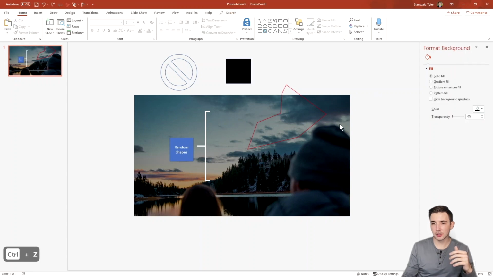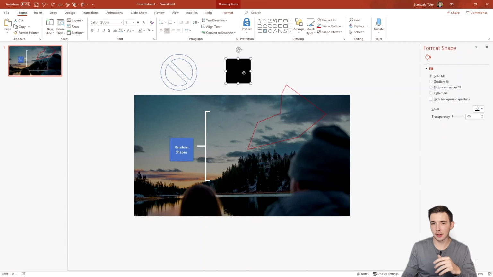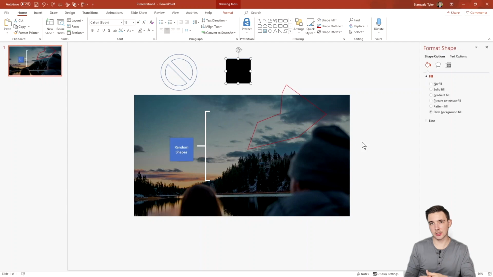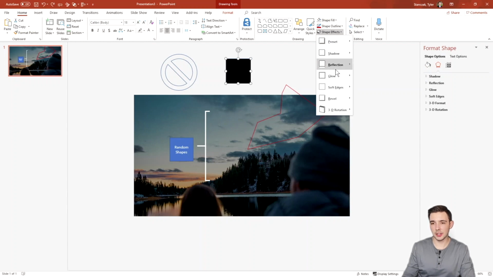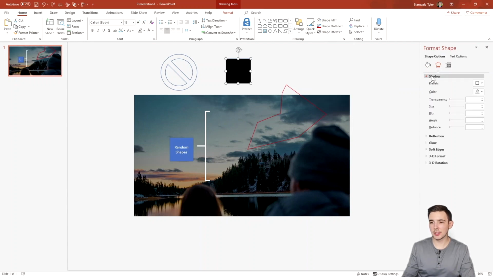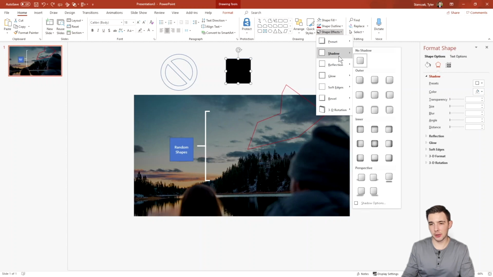So let's say, because right now my background is actually black, when I click on slide background fill, it's going to make this object black as well. You guys can't see it because an image is actually on top of that background color, but I just have the image at a slight transparency, so that's why my image looks a little bit darker. Another thing to note is if I click right here into effects, I'm going to see the same type of effect options that I saw right here in shape effects, but the only difference is that I'm going to actually be able to really customize them a little bit more in depth than by just clicking a preset right here.